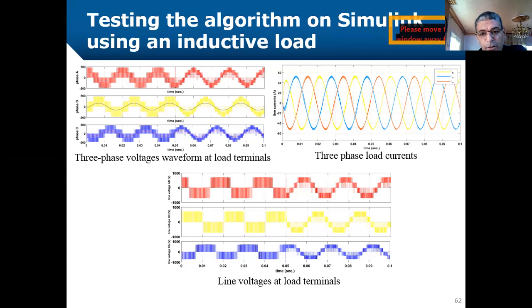So if we switch the 6 switches, we can operate the inverter in 2-level mode. And if we use the whole 12 switches, we can drive the inverter in 3-level mode. So for the first half second in these graphs, we drive the inverter in 2-level mode. For the next half